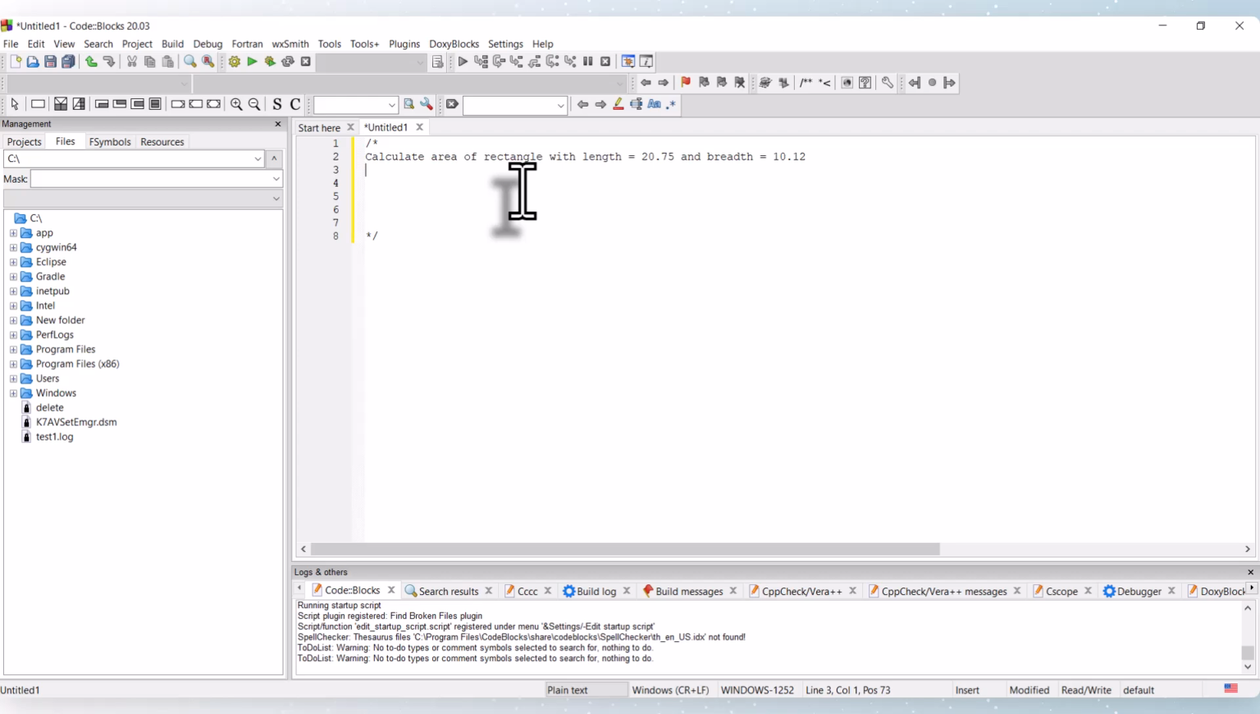How do I do that? So we know the formula to calculate the area of a rectangle. Area of rectangle is equal to length multiplied by breadth. So here, what are the values? Length is equal to how much? 20.75. So it could be like inches or something like that in real time. So we take the value as it is. So it's 20.75,